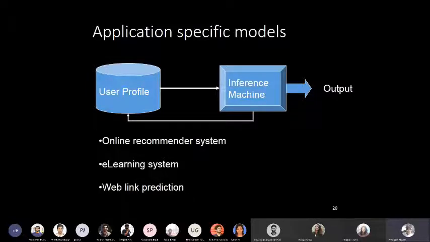So later on, there is presently a whole range of conferences and journals. It's called User Modeling and Adaptive Personalization (UMAP). They also have an annual ACM conference as well as a journal by Springer under the same name, which is a pretty well-known journal in the field. And in such journals and conferences, you will find a lot of user models which are developed for specific applications like online recommender systems or e-learning systems, predicting web links when you are browsing.